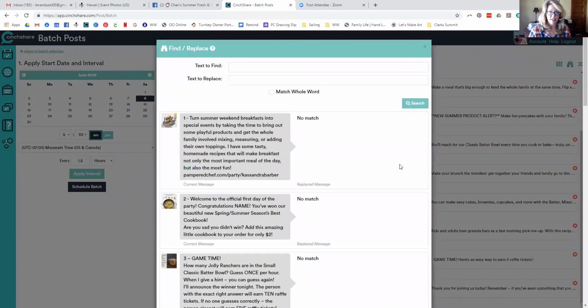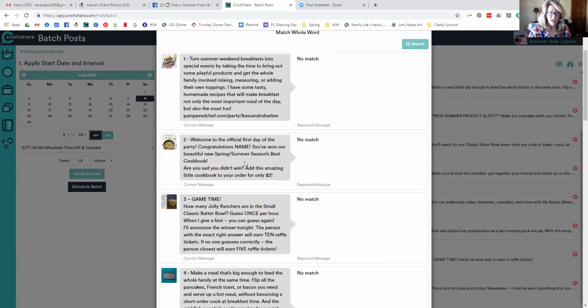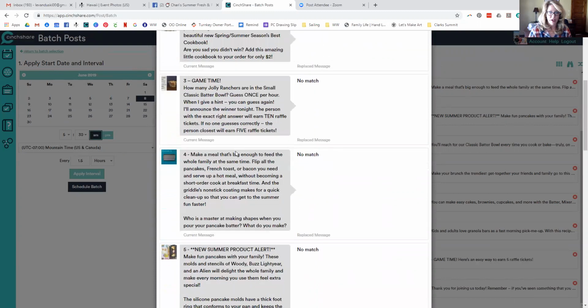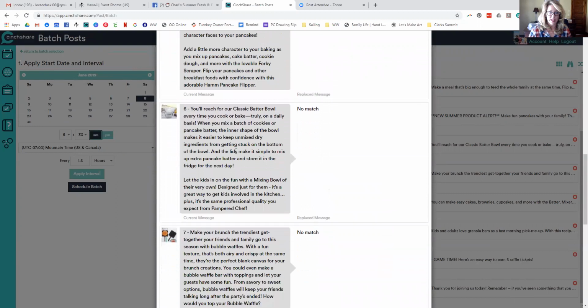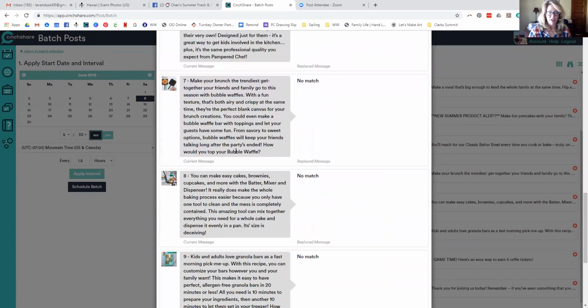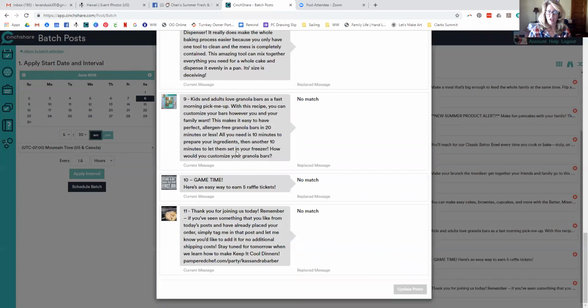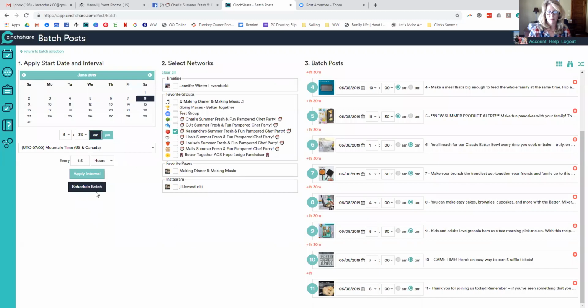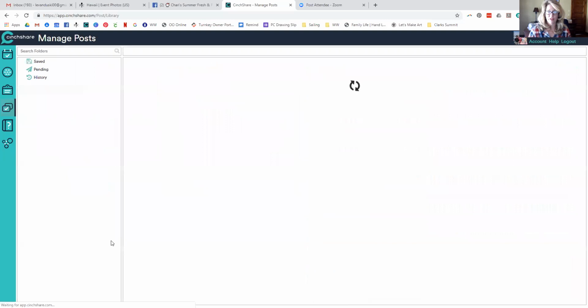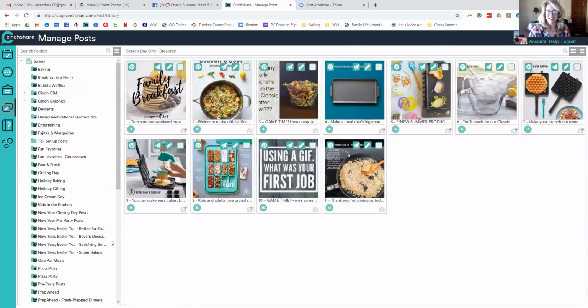I'm going to hit the find and replace binoculars again. I am going to leave this saying congratulations name, because I don't know who my early winner is going to be yet. So I will come back to that later. So now I'm just glancing through here to see if there's anything else that I need to edit, and I don't think there is. Done. All right, so I can scroll back up, X out of that. This is ready to batch. Done. Day one is done.